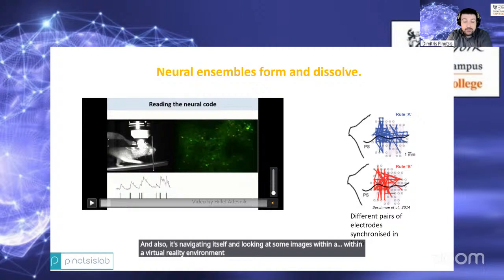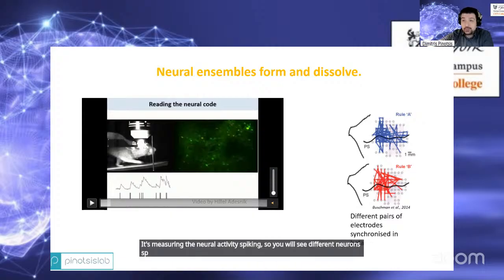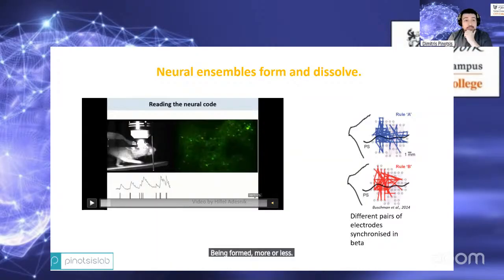There is a screen in front of it, and this microscope on top of the head is measuring the neural activity spiking. So you will see different neurons spiking in succession, like synfire chains. And this constitutes a neural ensemble that maintains information about the visual stimulus that the mouse sees. If you show the same sort of stimulus, you'll have the same neurons being formed, more or less, again, with some drift. They will come and go, but in different trials, it will be more or less the same